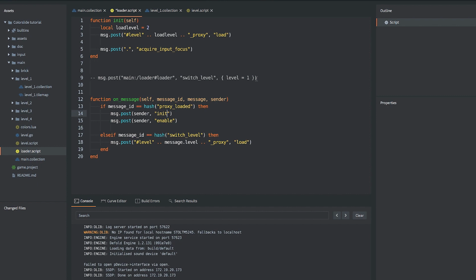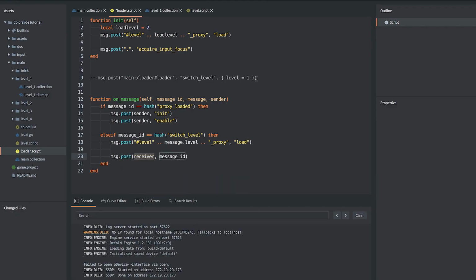I can do that easily by just sending messages again to the proxy and saying that I want to finalize. I send final and then disable. And you do it as a separate message? Yeah. I need to keep track of the current level somehow. So it's going to be something like this. The receiver here, we need to store that current proxy. And we set that when we get the new level, and then we send it final, and then we're also going to send it